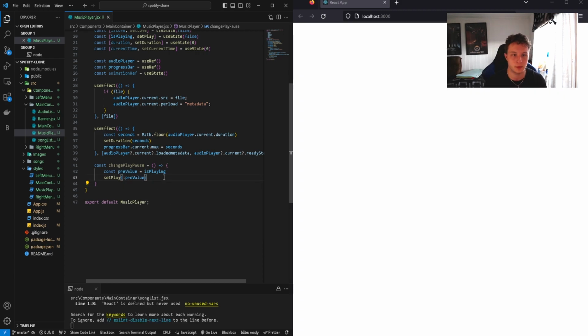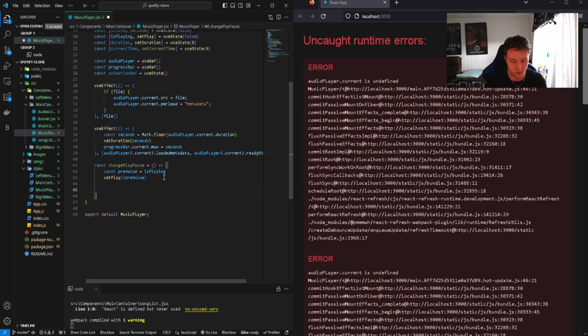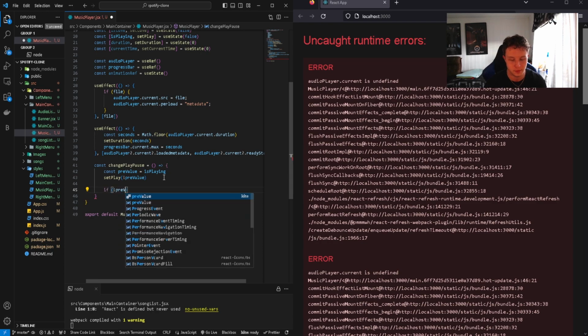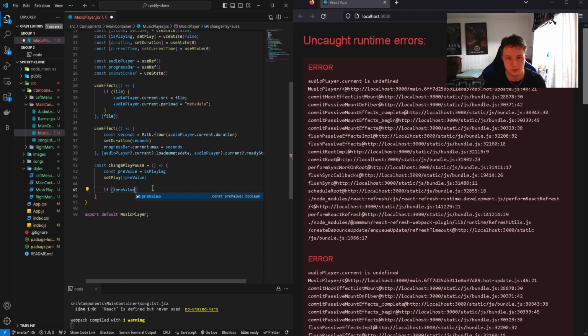Okay. So after that, we want to create an if statement: if not prevValue, which means if it's true, it's going to be false, and if it's false, it's going to be true. So essentially, if prevValue is false,